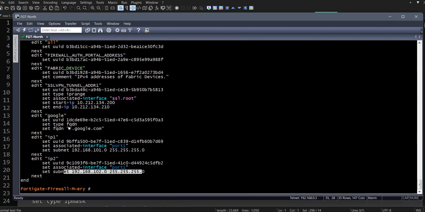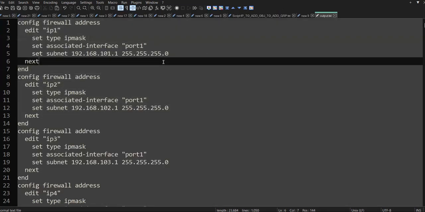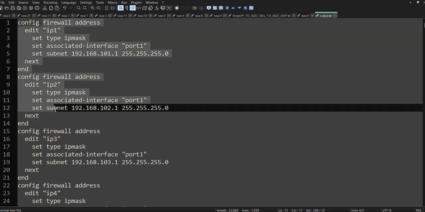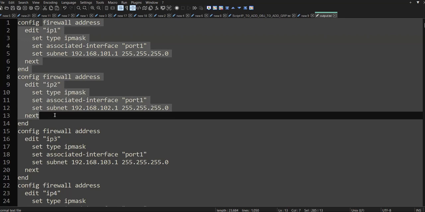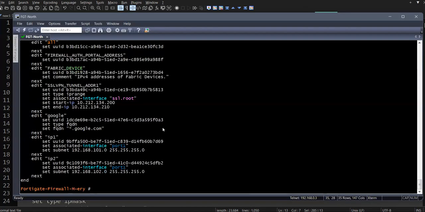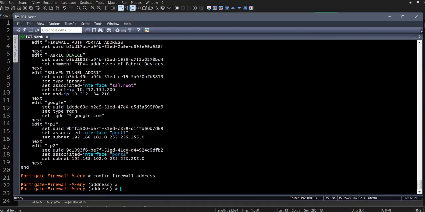See, the FortiGate firewall won't accept the output unless it is in the right syntax or the proper format of the command. If it is not in the proper format, it won't take it up. So since it is accepting it, it is a verification that the output you got is absolutely correct. Now what I'll do is quickly go ahead and config firewall address, and I'll go ahead and say